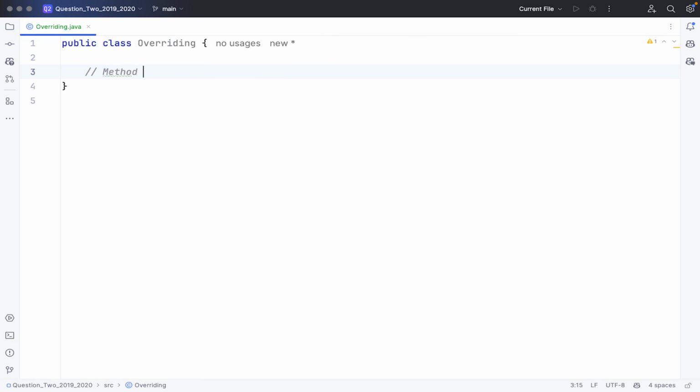So method overriding is the ability of a method. Method overriding is an object-oriented concept, is it? Nope. Let's just say it's the ability